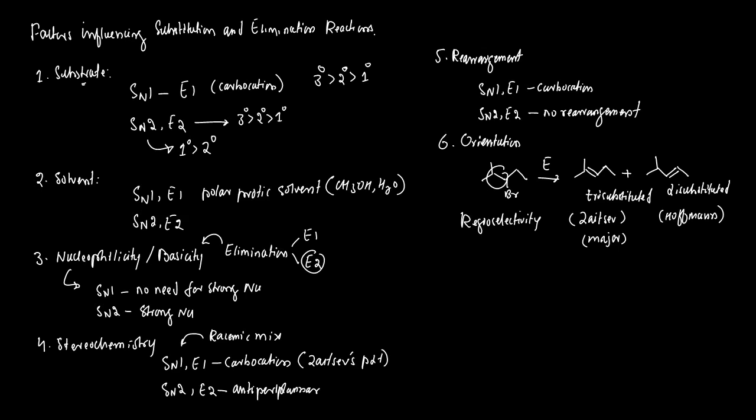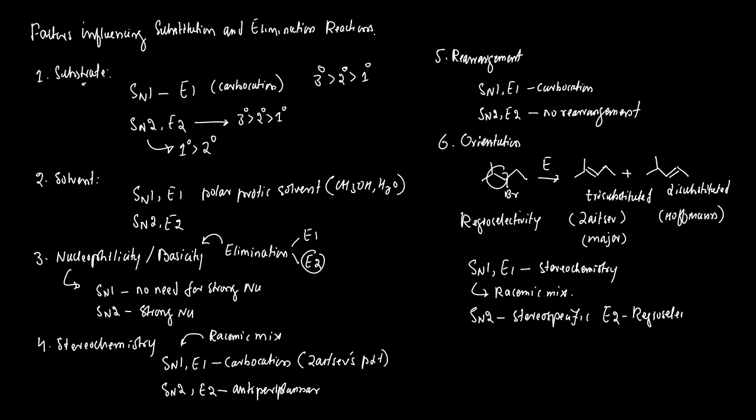Similarly, for SN1 and E1, stereochemistry is not important because in SN1 we get a racemic mixture and E1 gives us a Zaitsev product. As far as SN2 is concerned, it is stereospecific because we get only one stereoisomer in the product, and as far as E2 is concerned, it is